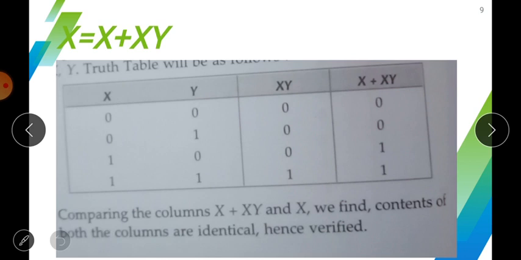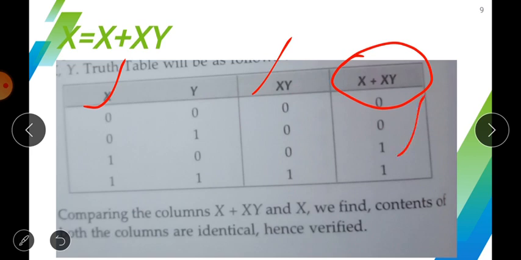So here I calculated xy as 0 0 0 1, and in this column I calculated the OR with x + xy, and after calculating the OR, the total output is 0 0 1 1.